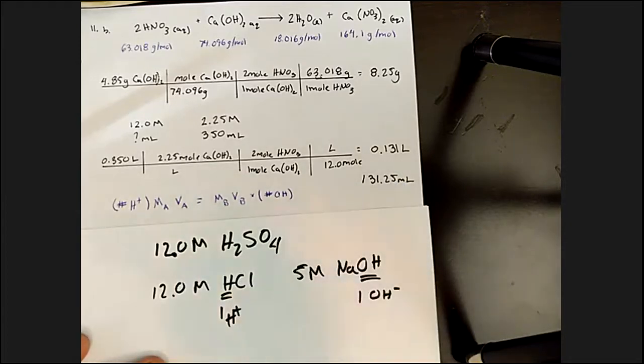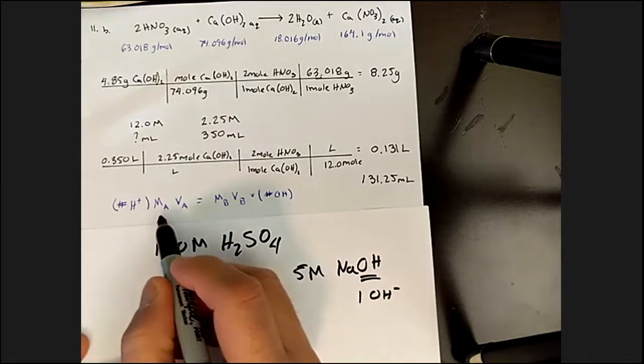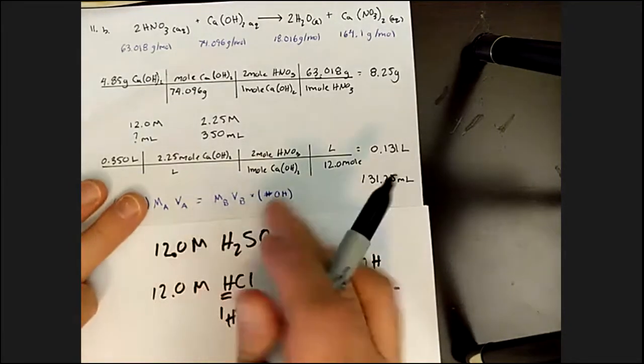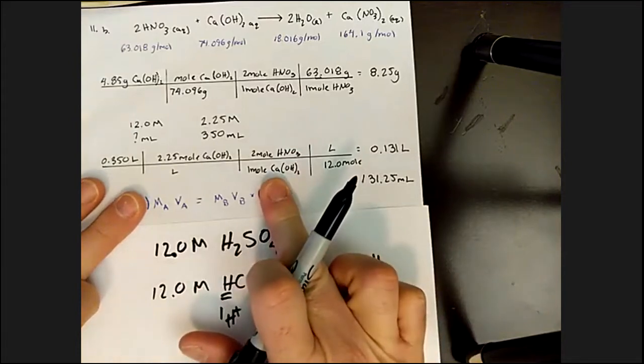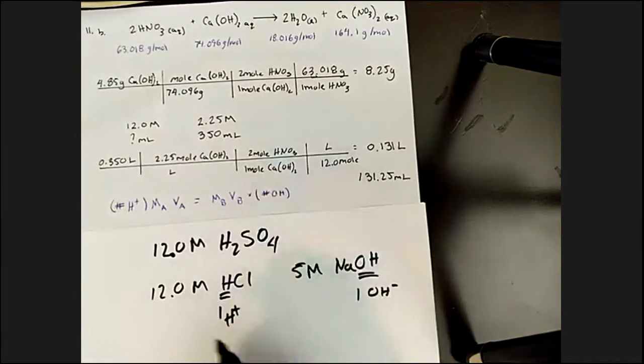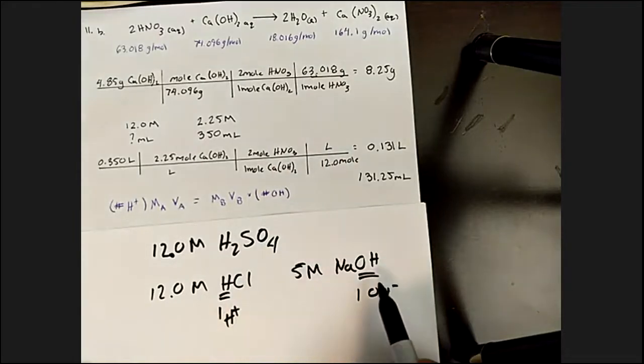But if we're going to use shortcut methods, we have to recognize when it's appropriate to use them, and if there are adjustments required when we use those equations. So the generic equation here, MAVA equals MBVB, works fine with monoprotic acids and single hydroxide bases. But that's not always what you're going to see. So if you throw this little adjustment in here, and then we retry that